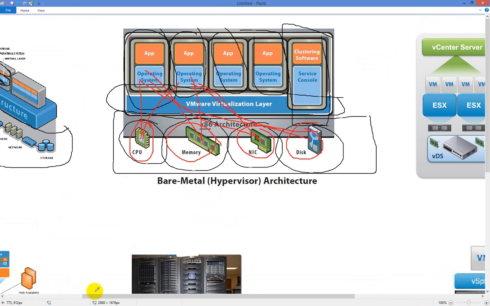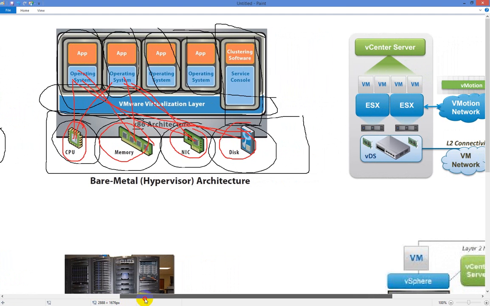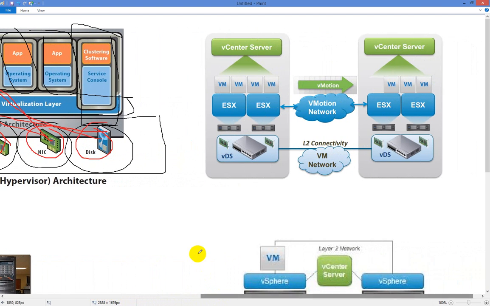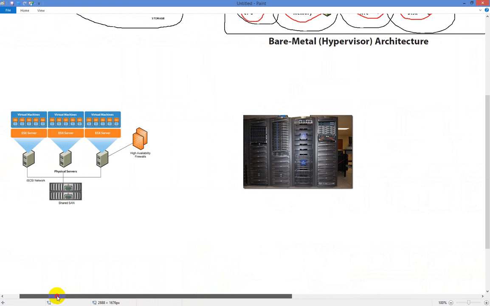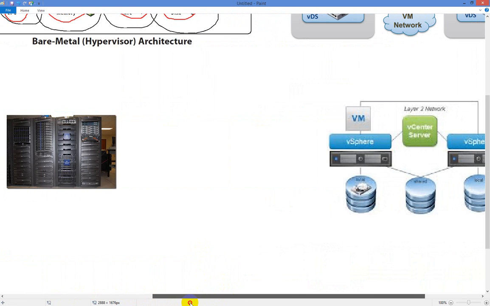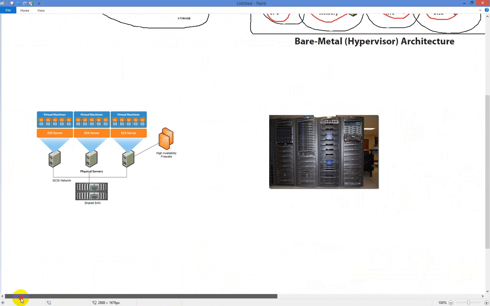Now, with that being said, I'm going to take you over to this guy. I'm going to come down here a little bit. Now, with all the capabilities, right? Actually, I'll come back over to here.